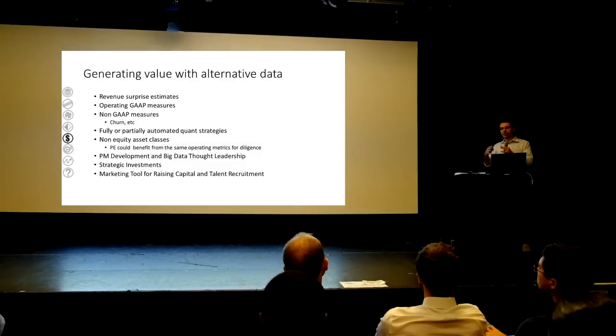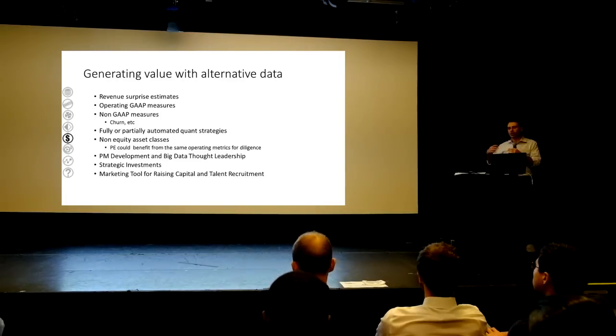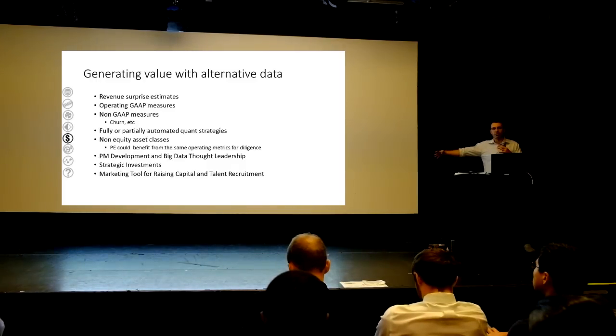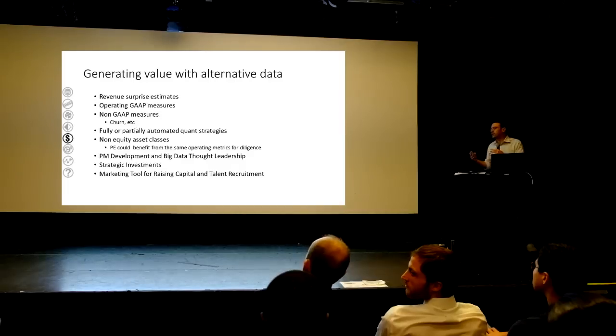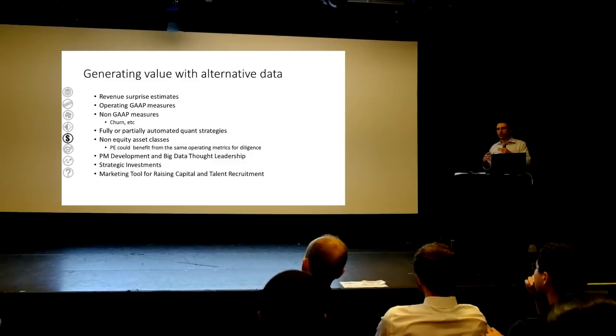Now, typically, the process is that you have alternative data. We analyze this alternative data, we get some insights like revenue surprise estimates. We pass it on to a portfolio manager team, and they put it into their meat computer on top of their shoulders, and they combine it with a bunch of other information, and they use it and make investing decisions. And now you're starting to see more quant funds use alternative data automatically all the way through to the investing decisions. Also, non-equity asset classes, so for example, private equity shops could benefit from some of the same insights we're getting based on alternative data, right, during their diligence.